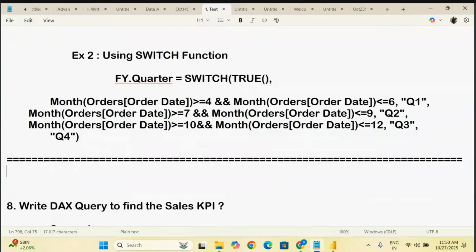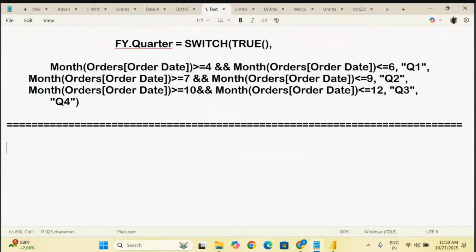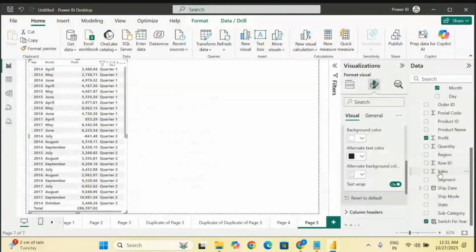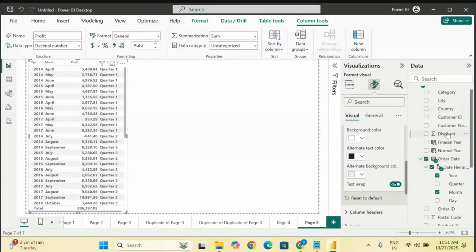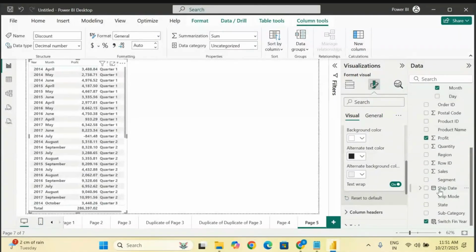I want to give you one task today, which is very important. I want you to provide icons, and you have to apply 4 conditions to those icons. You can take any condition, that is fine. Whether you want to take the condition based on your profit or sales or discount, here is the discount. You can take any condition, only analyze from your side. I want you to analyze